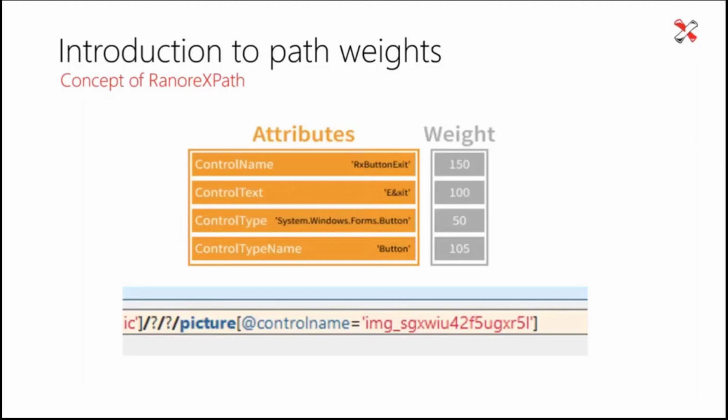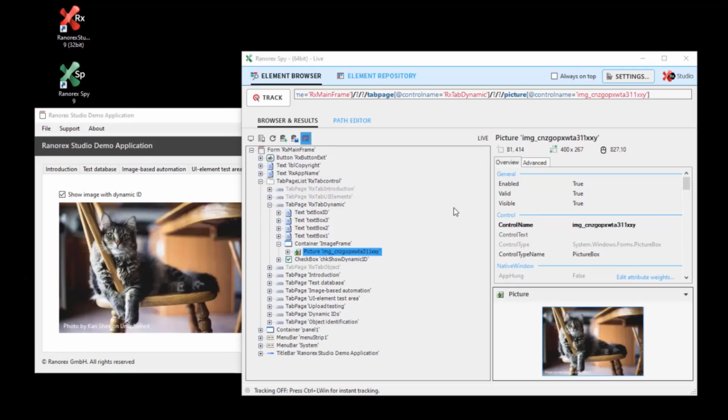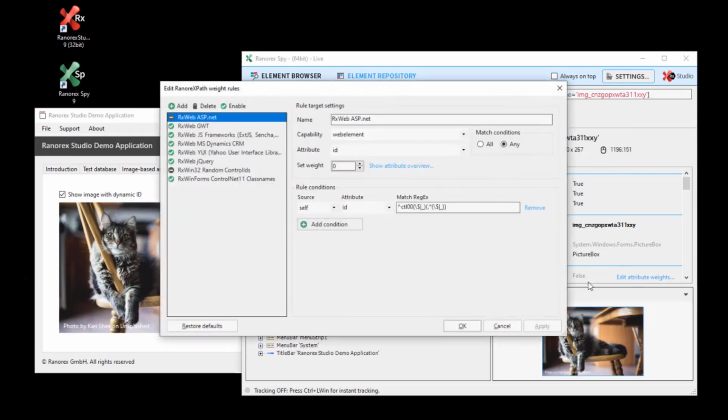But if we want something to not be used as an attribute, then for that particular element we can establish the weight we want to use, and we can set it low enough so that it's not really looked at. So over here we have this edit the attribute weight. We're going to take a look at that, and what we are going to do is add a rule,